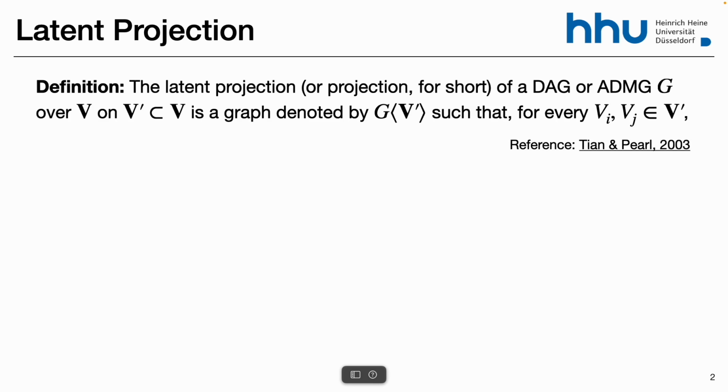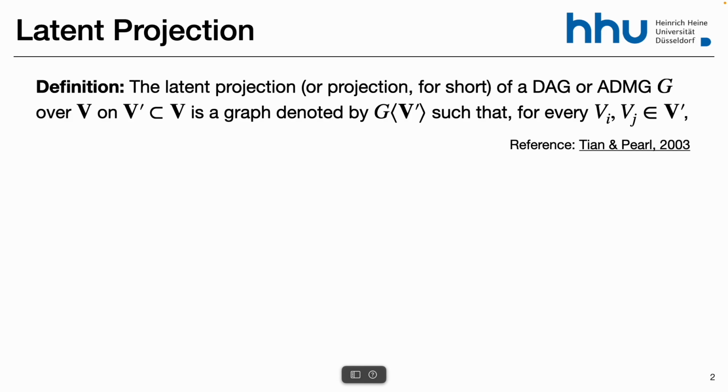Not only does the projection work for probabilistic reasoning, but also for causal reasoning. That's why unmeasured confounders are not an issue anymore when you work with semi-Markovian models. You can consider any subset of variables that you either have available or want to have available. It doesn't matter which subset you choose to work on; the graph over it is still a valid one. This is formalized in something that we call latent projection. So the definition of latent projection is just,